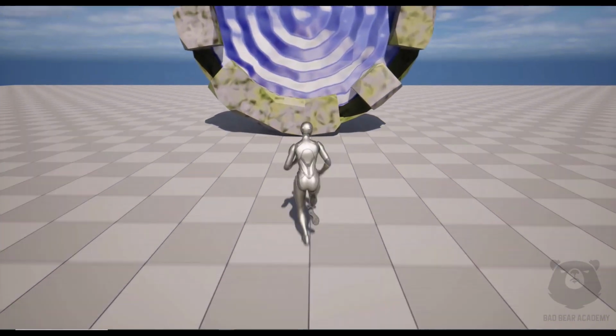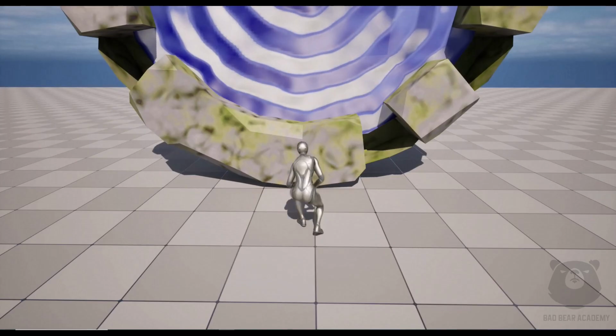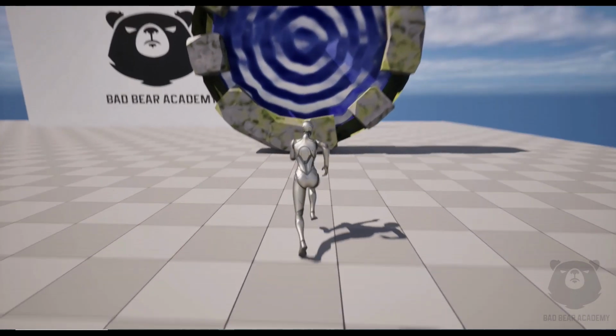Hello everyone, in this tutorial I'm going to show you how to create a teleportation system between levels in Unreal